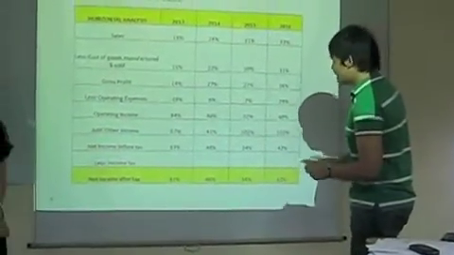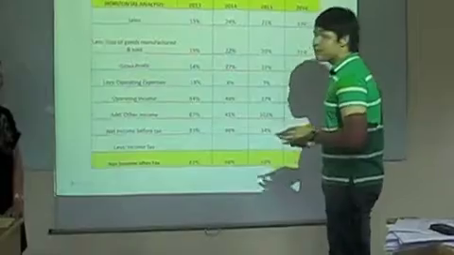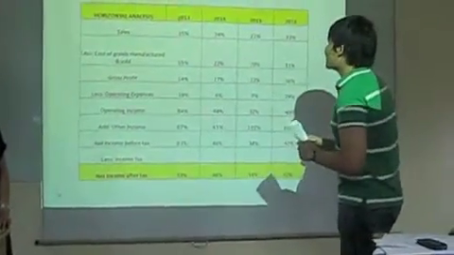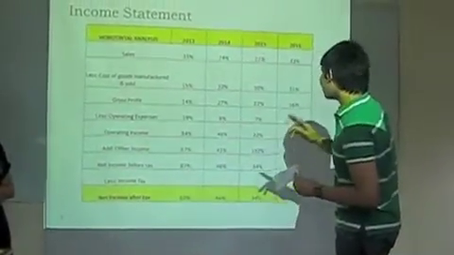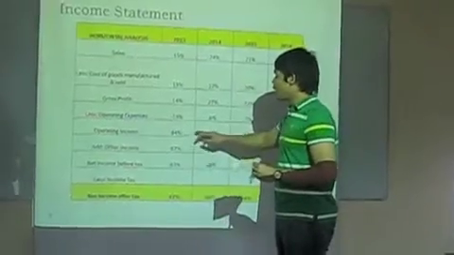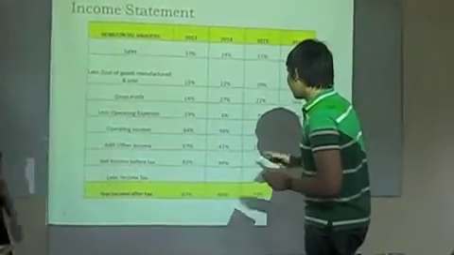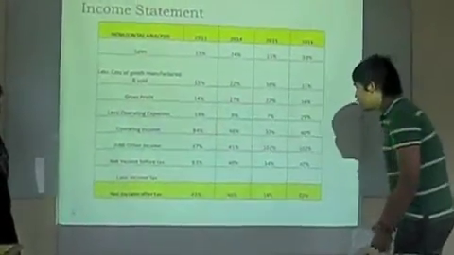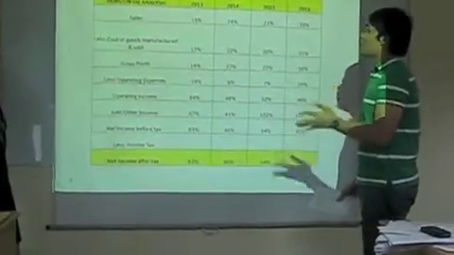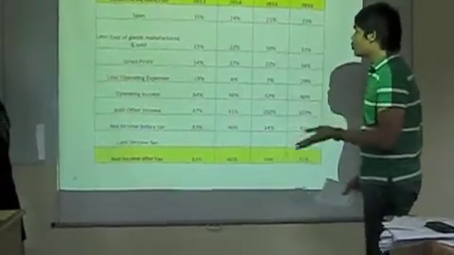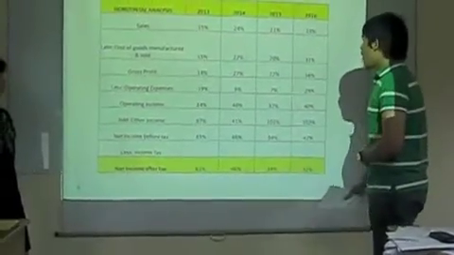The horizontal analysis is simply finding the key factors that affect the profitability of the company. So as you can see, what is the key factor that affects the net income? It's really the operating income, which really decreases the sales, while it is mainly affected by the net income after tax. So as you can see here, there is a huge growth from 2012 to 2013 since in 2012 we incurred a lot of losses due to operating expenses, while it increases through the years because the demand is increasing and the